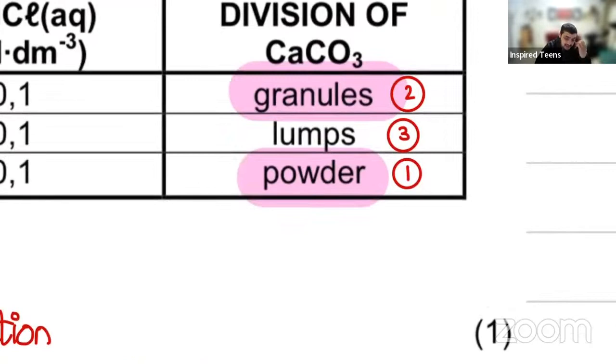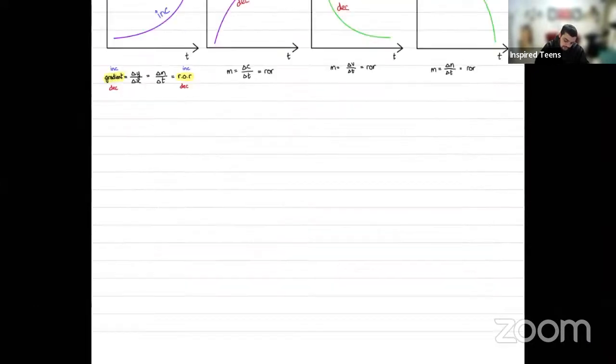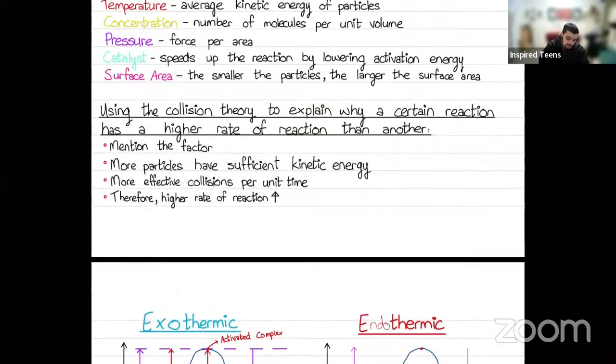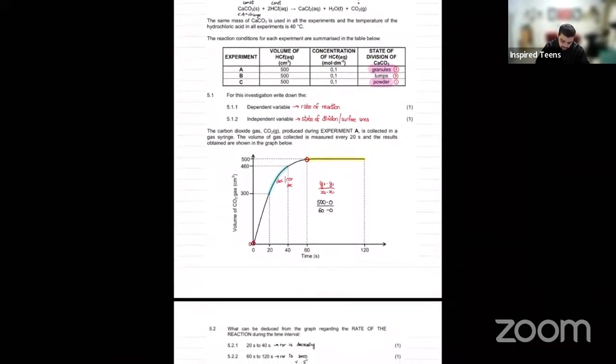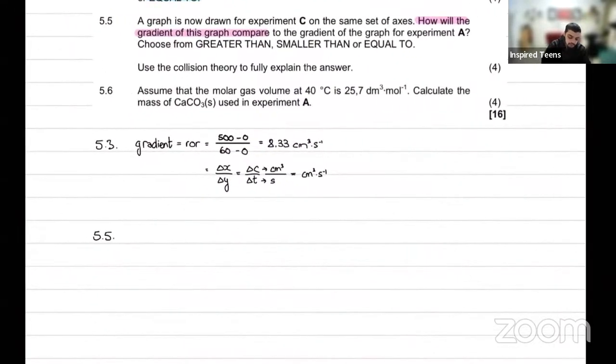In C, they use powder, and in A, they use granules. So clearly, experiment C has the highest surface area compared to experiment A. Higher surface area results in a higher rate of reaction. But we have to use collision theory to explain it, and that's this guy. Using collision theory to explain why a certain rate of reaction is higher than another. So here's how we're going to do it, and I'm going to answer it with the memo. We're going to say